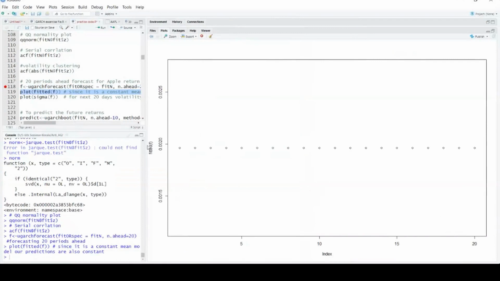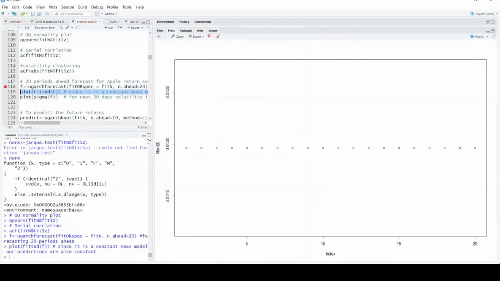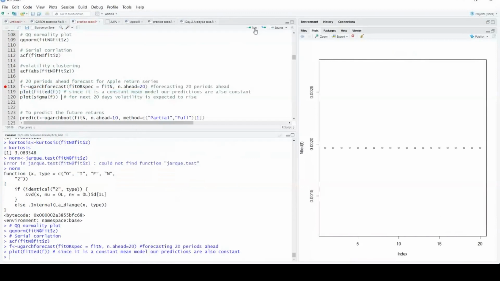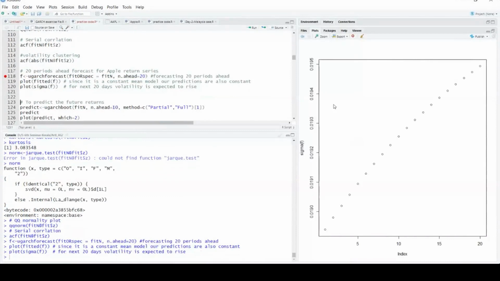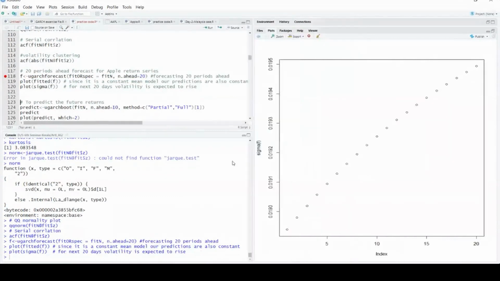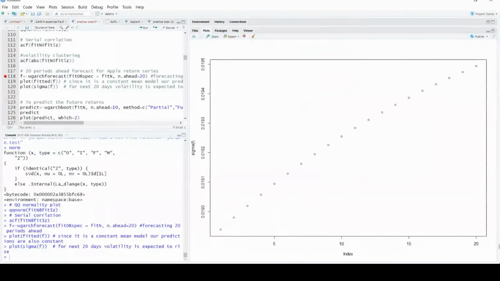And if I wanted to plot the volatility, basically I'm more interested in forecasting the volatility, let's say for 20 periods ahead, or let's say for one year ahead. So this is how I can forecast the volatility, and you can see over the next 20 days how to interpret that result. Over the next 20 days my volatility will be increasing. This graph goes up. So my volatility will be increasing in the next 20 days for the Apple stocks. Okay.